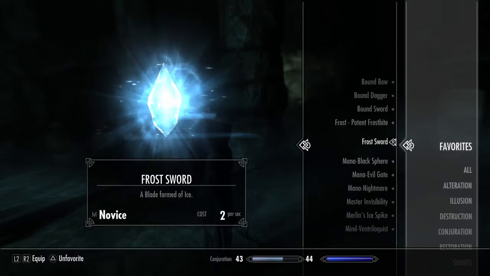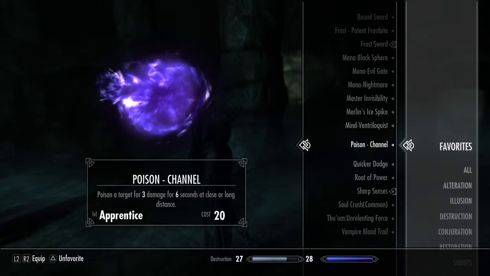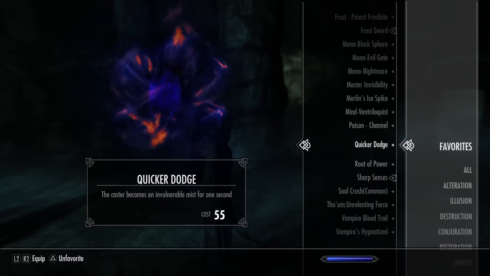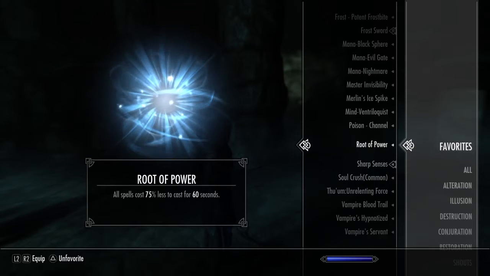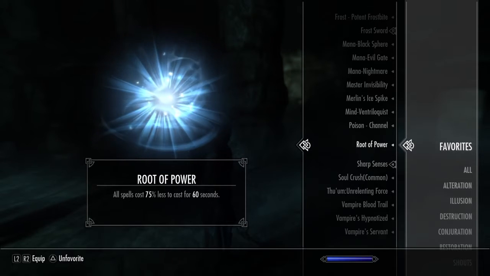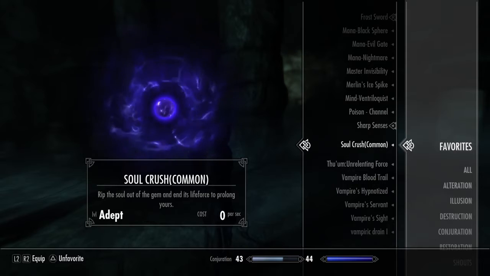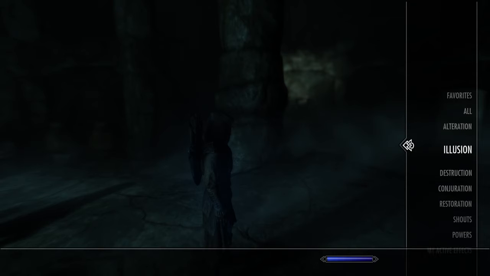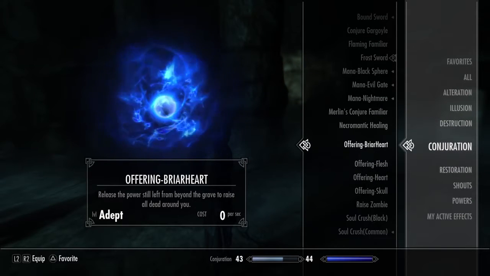We're not going to be using bats at all. That wasn't one of the vampiric powers we retain. Matter of fact, I want to take that off too. We got root of power, for our spell casting. I don't think I ever really use that, so I'll take that off as well. But you're definitely going to stick with sharp senses. Soul Crush comes with, that's one of the conjuration abilities we got with the conjuration DNA. We also got these